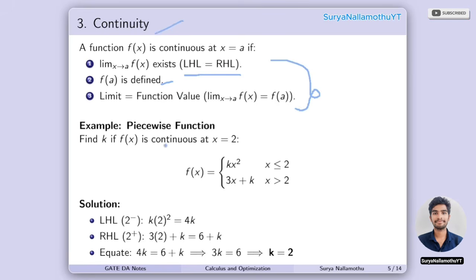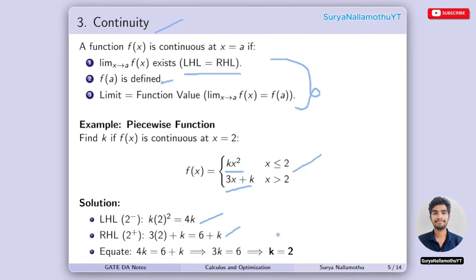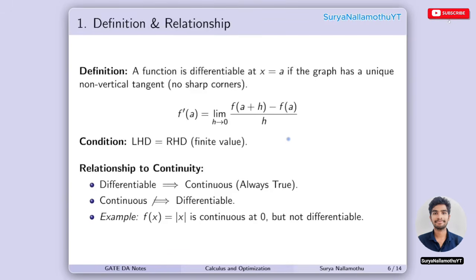Next, for example, let us take a piecewise function. Find k if f of x is continuous at x equal to 2. The left hand limit is this one, and the right hand limit is this one. This is the left hand limit function, and this is the right hand limit function. Then I applied the value 2 in this equation, and we got that the k value becomes 2. So it satisfies LHL equal to RHL. Next,